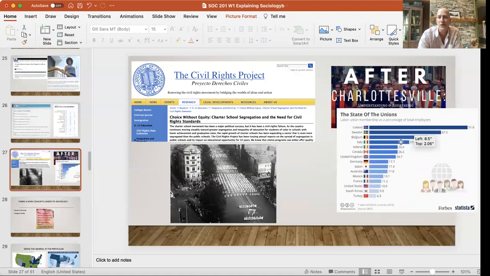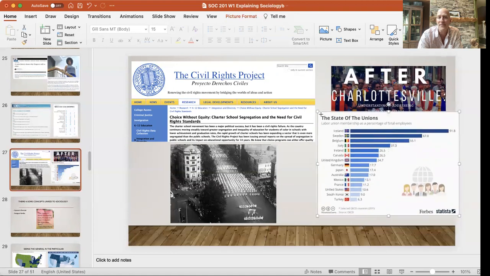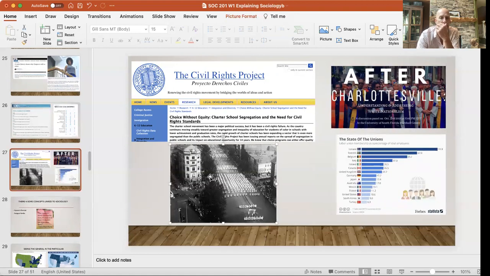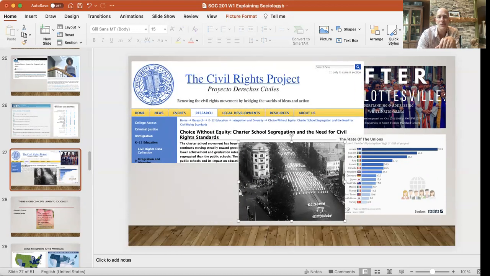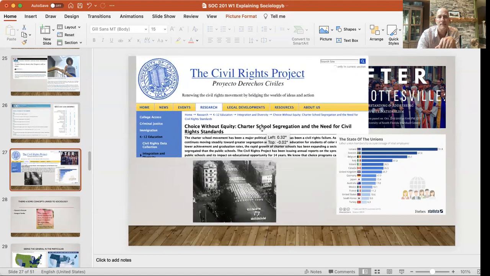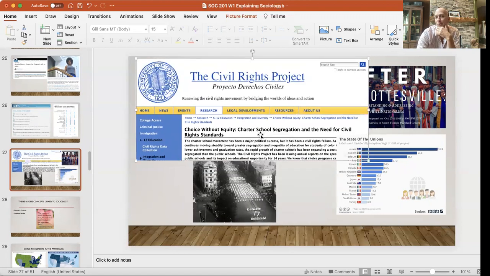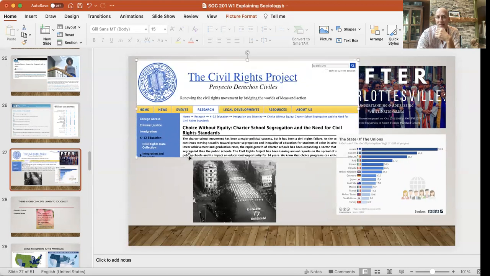Thinking about patterns of things like this. Think about white supremacy in the United States. This is the KKK marching in Washington back in the 1900s, I think it was the 1930s, lining the streets, the KKK marching in the streets. Thinking about white nationalism, to understand today, we've got to go back into the past. Think about charter schools, which have an interesting history. Charter schools and private schools, part of it, there are civil rights issues. There are issues of equity that get brought into that.